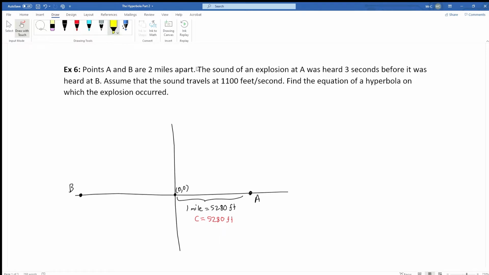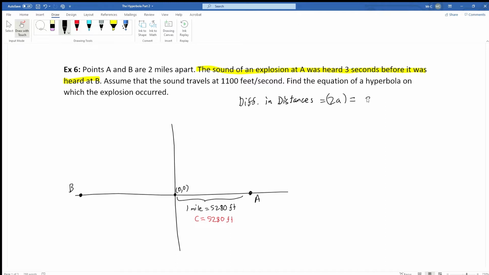Now, this information here, the sound of an explosion at A was heard 3 seconds before it was heard at B, is the key piece of information here. That's the difference in the times, but we can find the distance from that. So the difference in distances, which is also 2a, as we've seen before,